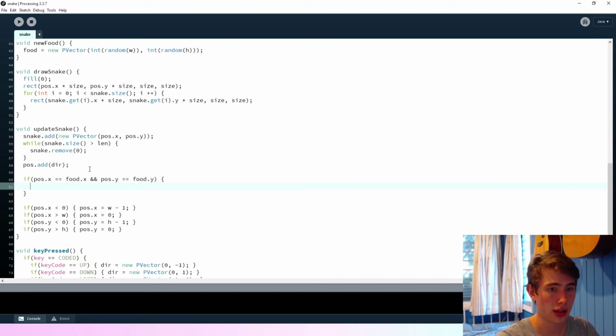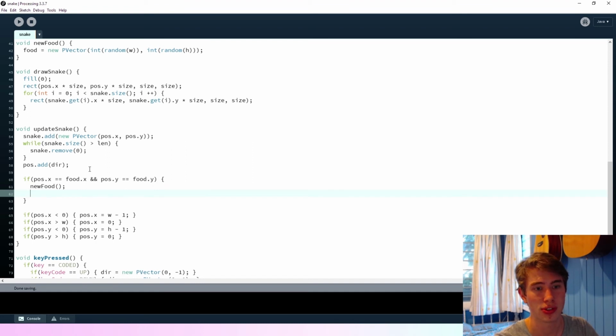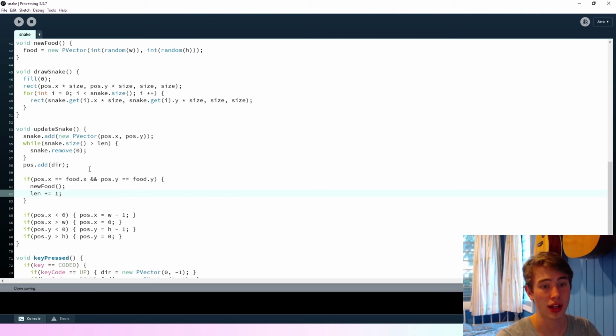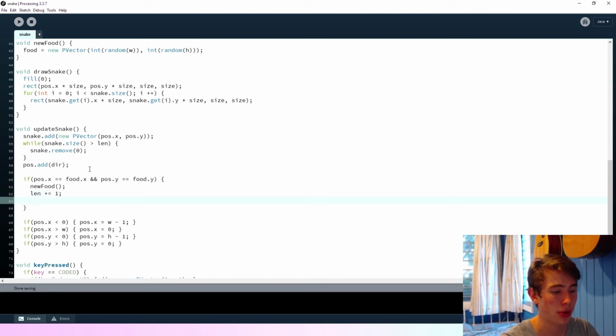So we'll say new food firstly, so we'll generate a new food position, and then we're going to say length plus equals 1. So we're going to increase the length of the snake by 1,